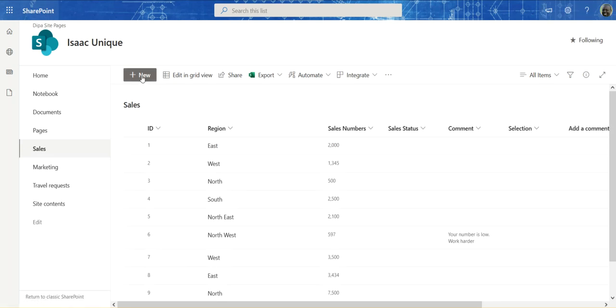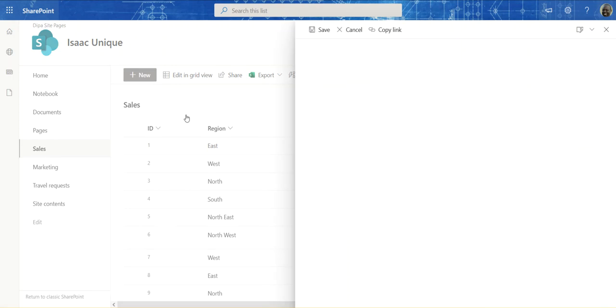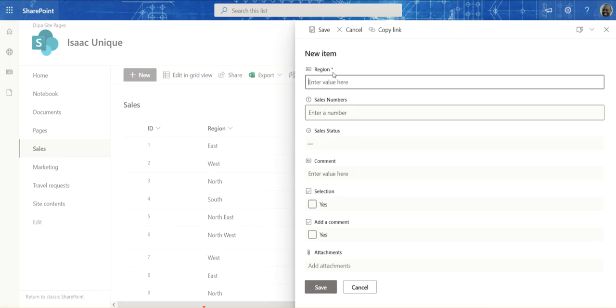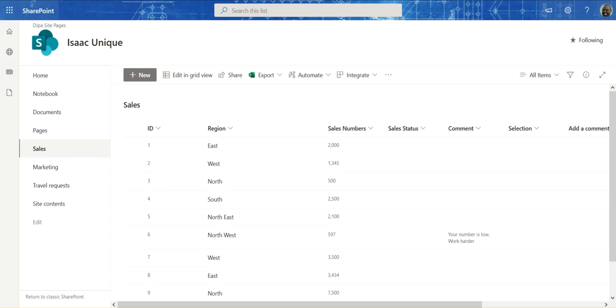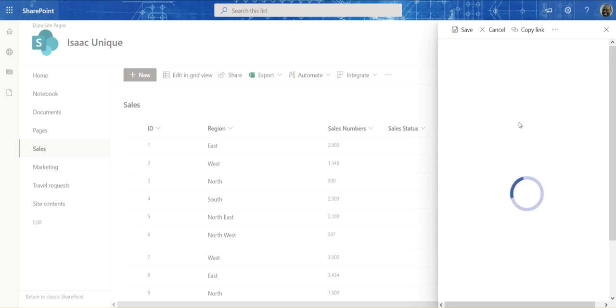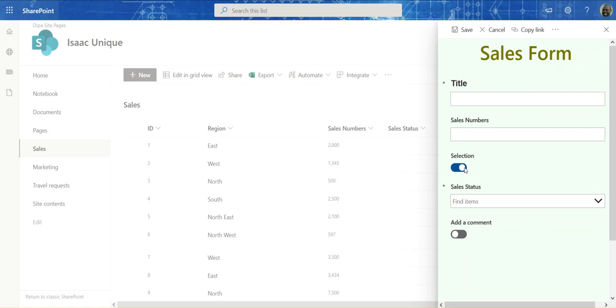So let's click on this new form. When you click on it at first, it's not going to show. That's because it's cached. So let's cancel and let's just refresh the page. Click on new, and there is my Power Apps. If I click on this selection, see how it appears? That appears as well. If I fill this out,